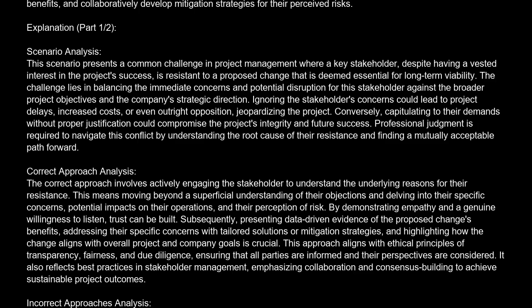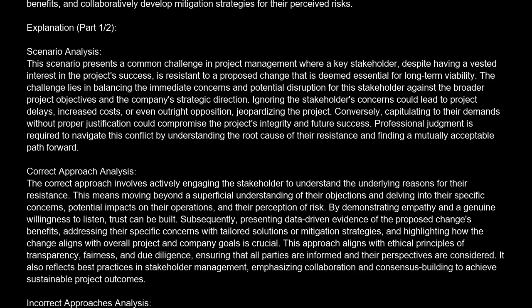Explanation. Scenario analysis. This scenario presents a common challenge in project management where a key stakeholder, despite having a vested interest in the project's success, is resistant to a proposed change that is deemed essential for long-term viability. The challenge lies in balancing the immediate concerns and potential disruption for this stakeholder against the broader project objectives and the company's strategic direction. Ignoring the stakeholder's concerns could lead to project delays, increased costs, or even outright opposition, jeopardizing